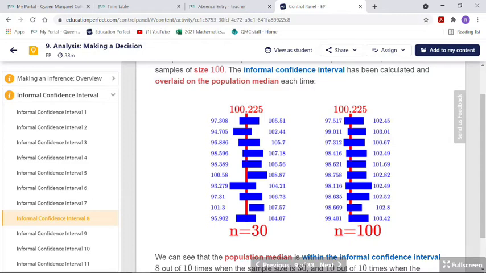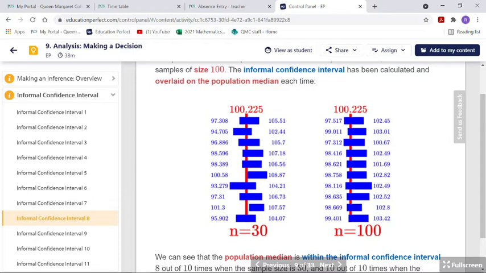But if we use the same exact data and we increase the sample size to 100, every single one of these blue lines contains the red line. So do you see that increasing the sample size will increase your accuracy? Because you could get a strange sample and then take the informal confidence interval and get this one down here, the second one from the bottom there, and your conclusion would probably be wrong. Because if you pick a bigger sample, you can see that your conclusion should be that yes, the median is contained in that spread, right?